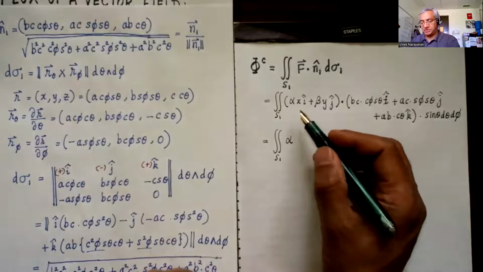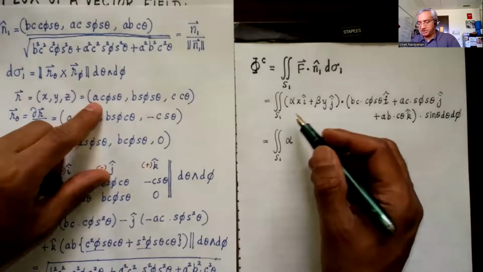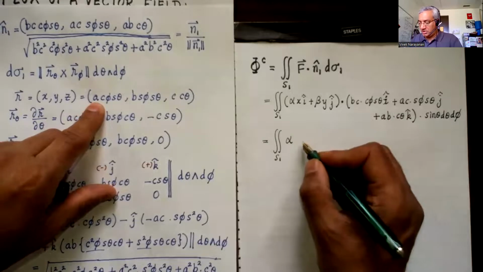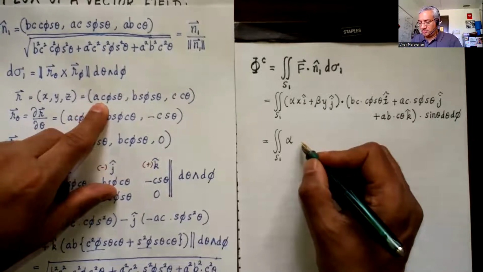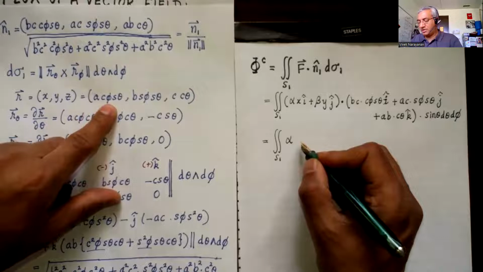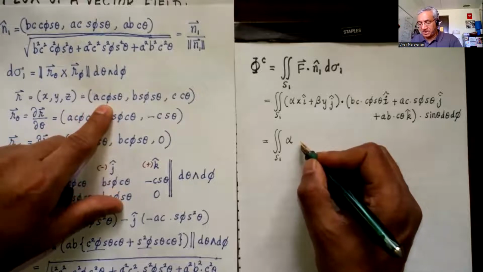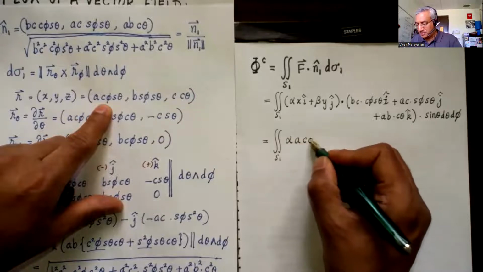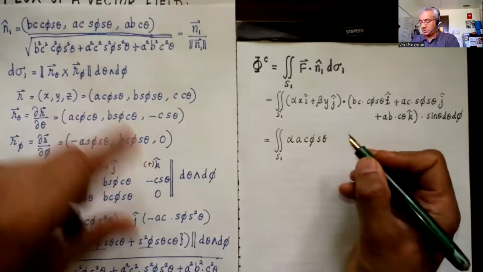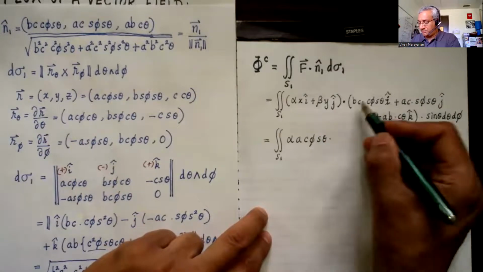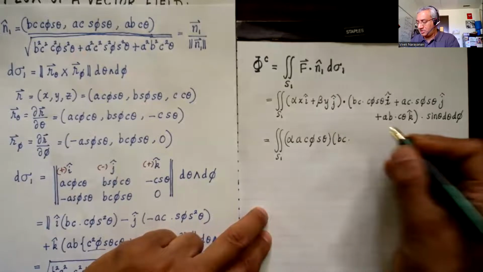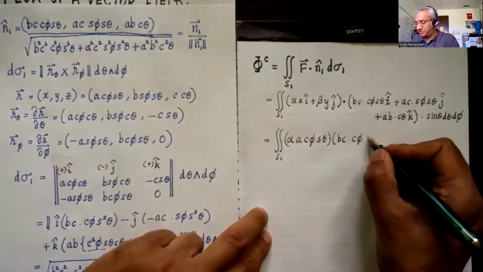Now for x, I'm going to write A cosine phi sine theta. And then I have to multiply it with this. So that gives me BC times cosine phi sine theta